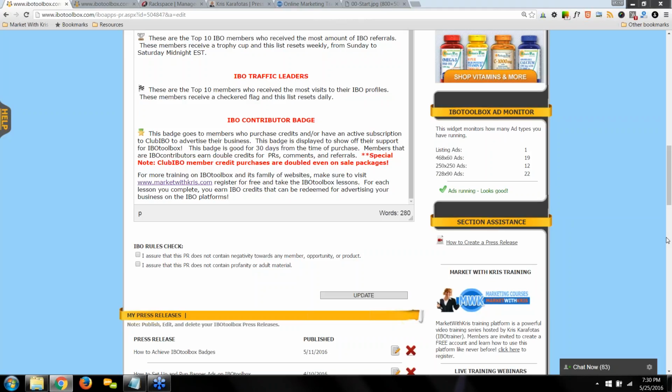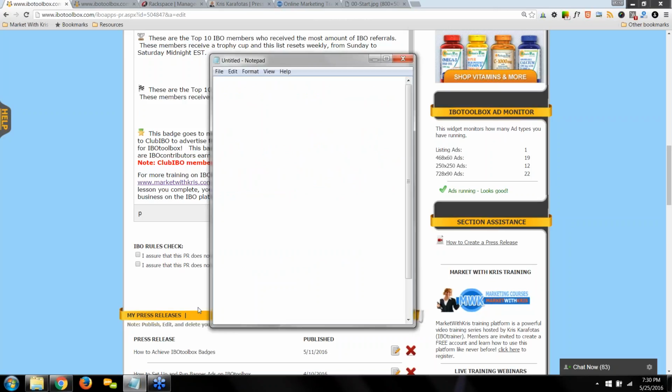Okay, when preparing a press release, I have to copy and paste it into Word to check for grammar. No, don't use Microsoft Word. Use Notepad. Why do I say that? You want to use Notepad. If you use Microsoft Word, you're going to get all kinds of wacky code in there.